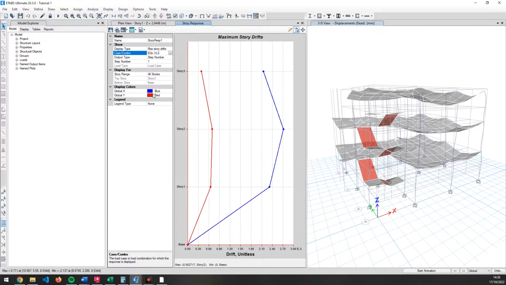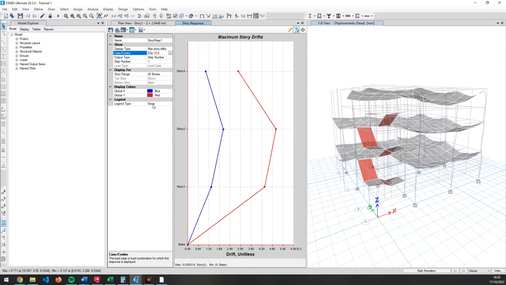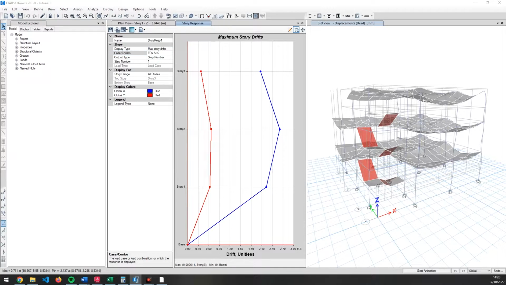So I have done this for both ULS and SLS, and you can find that in clause 5.6.3. Now let's check in this software. Let's go to the maximum story drift, and let's go for the ULS in the x direction, and here the maximum value is 0.002717. That is the maximum drift, and let's set that for the ULS for y direction, and the maximum drift